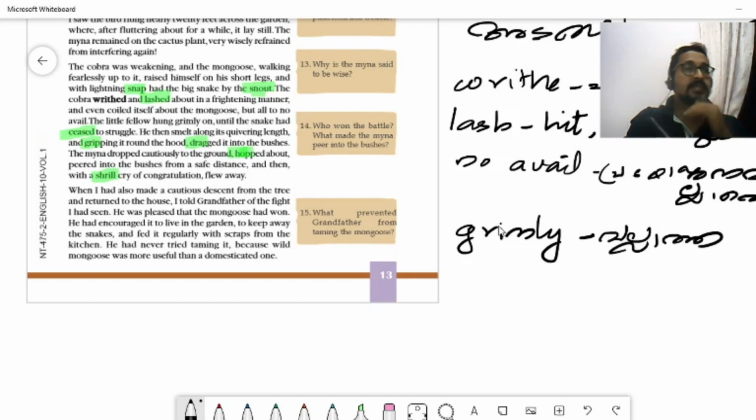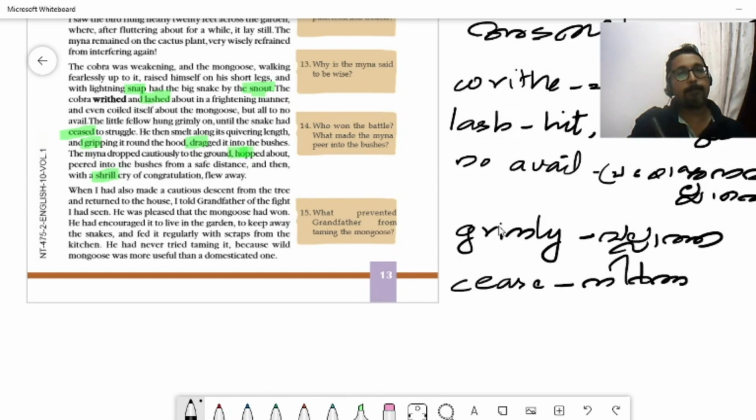In a hopeless manner, giving no hope to the cobra. It held the cobra tight, until the snake had ceased to struggle. Cease,